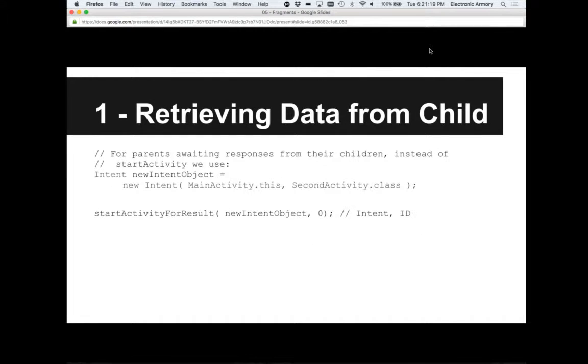All right, so we pull that out, and then when we want to pass information back to the parent activity, again, we create a new intent. This intent doesn't create a new activity. It just allows us to bundle up a bunch of information. In this case, I am just giving it,